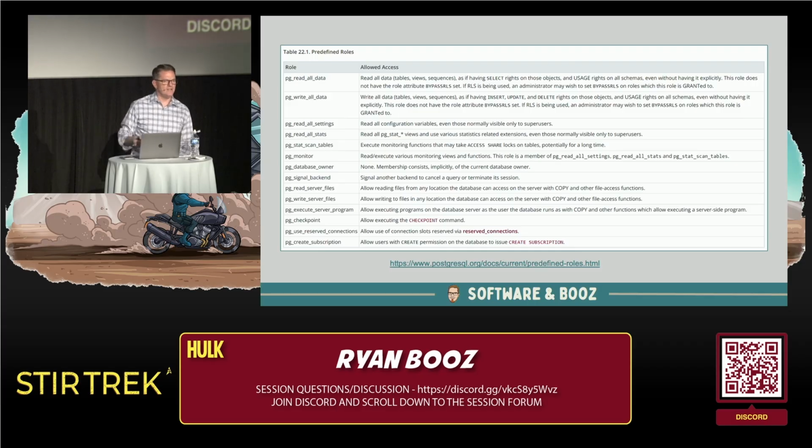For instance, there's this thing called stats, which is really good for tracking all kinds of stuff, but particularly for query tuning, all the various things that are happening in the database. Unless you have an application to do it, you actually have to track the cumulative statistics. You have to take snapshots of statistics over time to get that delta and understand what's happening in your database. Well, if you didn't have that set up and all of a sudden your database goes haywire, usually the recommendation was, well, log in as superuser, reset stats, and then start to track it, and you'll see what counter's going up quickly.